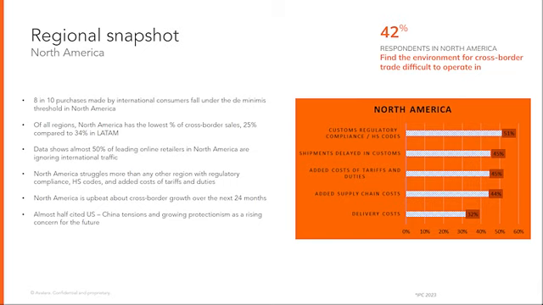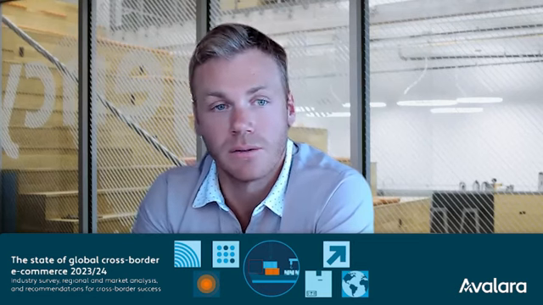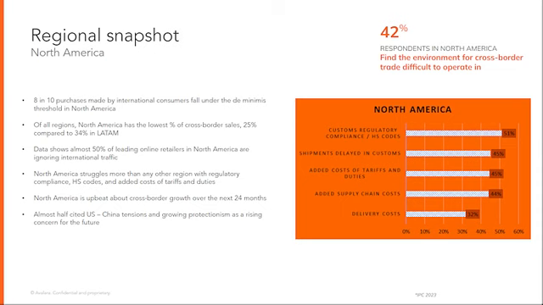Almost 50% of those US retailers are ignoring that international traffic. So there is a market and high demand for US goods, especially in different high luxury brands. But we're not seeing those brands take advantage of that international traffic. That is upticking. We are seeing a lot more brands, especially Avalara customers, talk about that international growth and that trajectory. Within the next 24 months, they believe they want to start focusing on it.